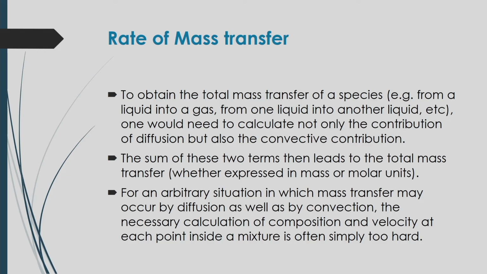For an arbitrary situation in which mass transfer may occur by diffusion as well as by convection, the necessary calculation of the composition and velocity at each point inside the mixture is often simply too hard. So, you have to consider some overall mass transfer phenomena, and from that overall mass transfer you define a mass transfer coefficient,